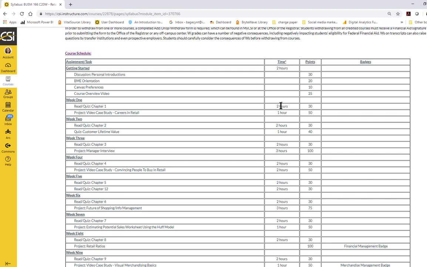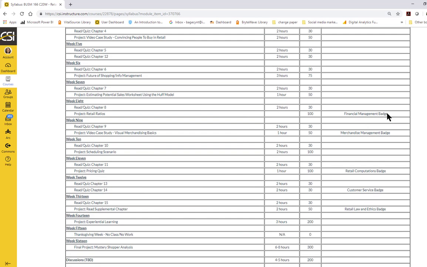I guesstimated how long it'll take you to do individual assignments, but people are different, so it might take you more time or less time. But if it takes you significantly more, like 4 hours to read a chapter and do the quiz, let's talk about some study skills or something like that.